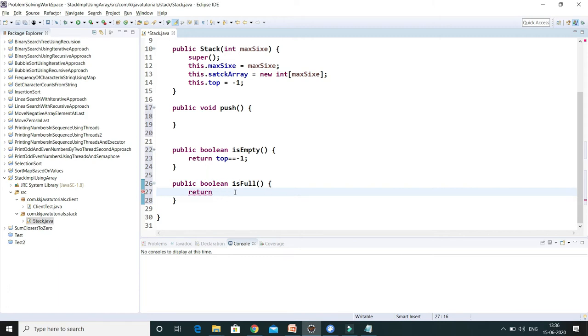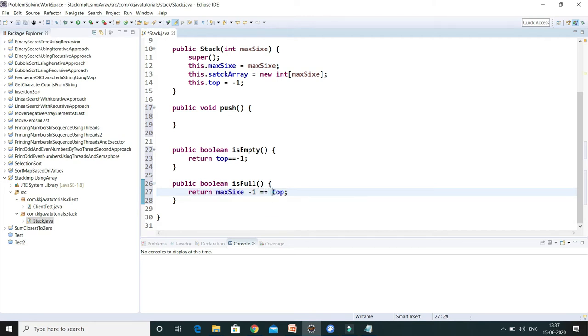These are the methods which I am going to use inside push, before putting an item into the stack. We have to check whether a stack is already full or not, right? So how can we check whether a stack is full or not? Tell me. Here, if I do maxSize - 1 equals top, what do you think? This is going to return true when a stack is full.